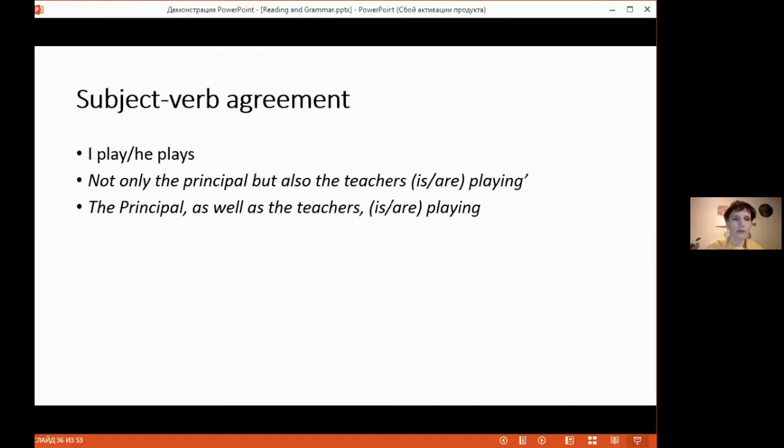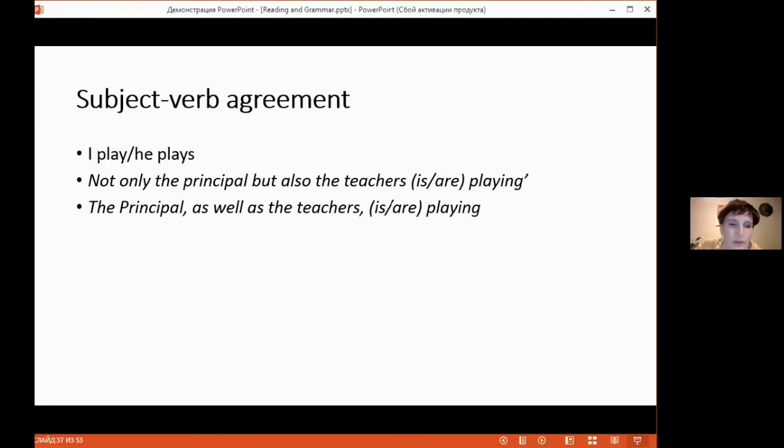Well, the ever-present s at the end of a present simple verb can always be a problem, but even high-level students make this mistake, forget about this s. I play, he plays, that's what we have to look for. But